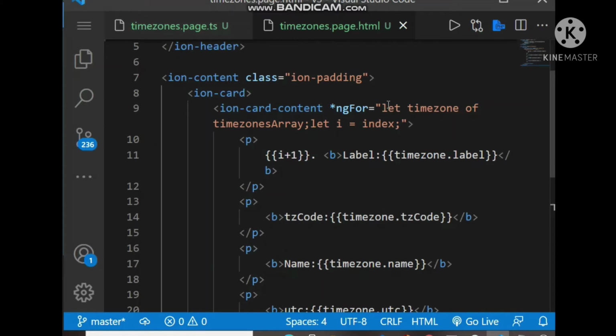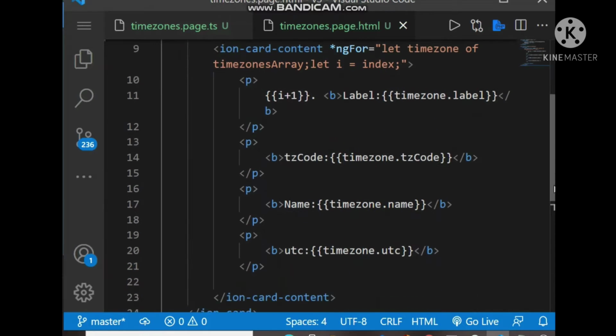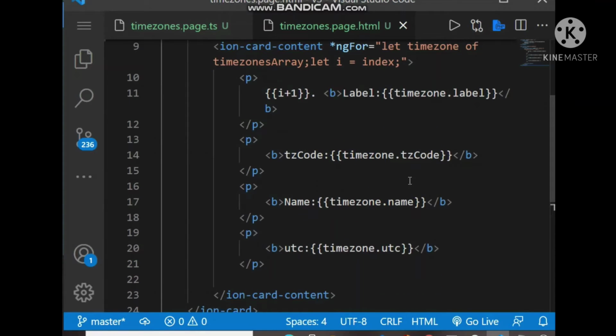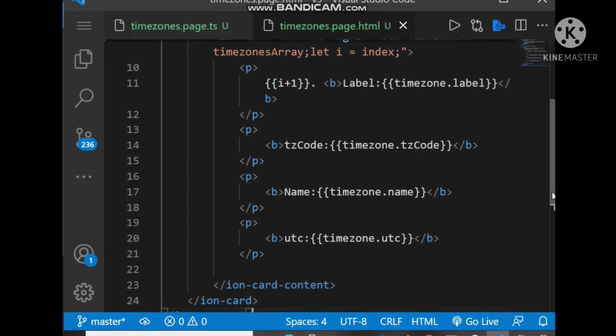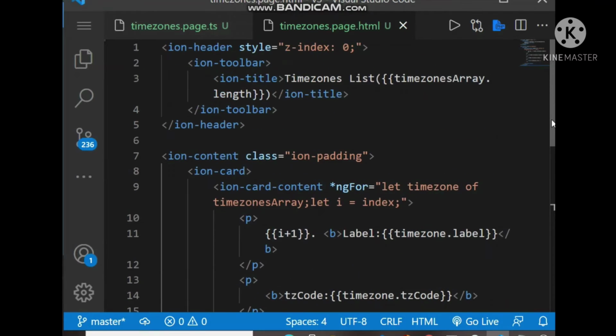So we just loop through the time zones array and populate each property like label, tz code, name, utc. So when we run this code, all the list will be shown on the HTML page, and also we will plot here the total length of the time zone array.